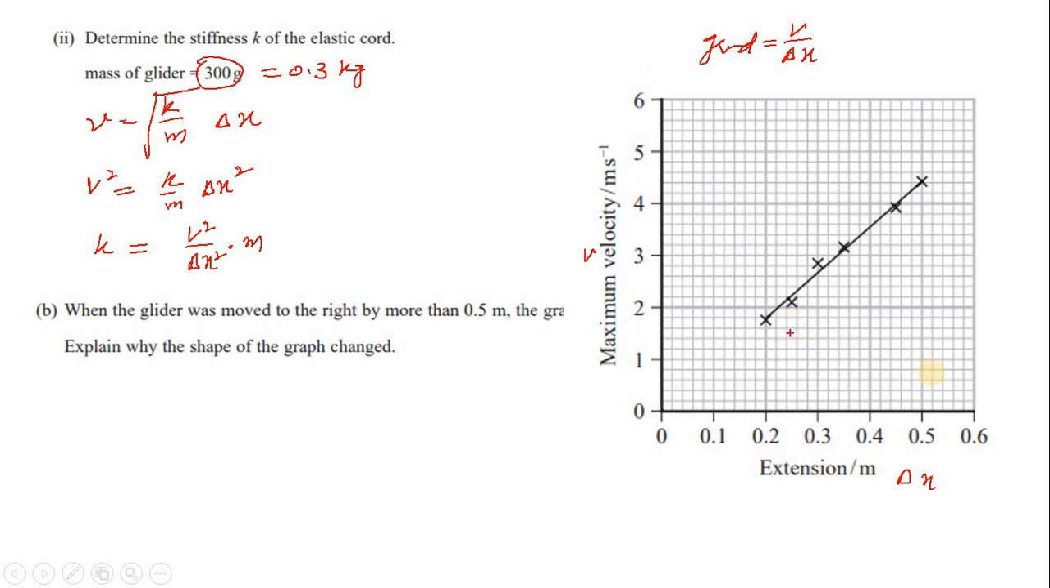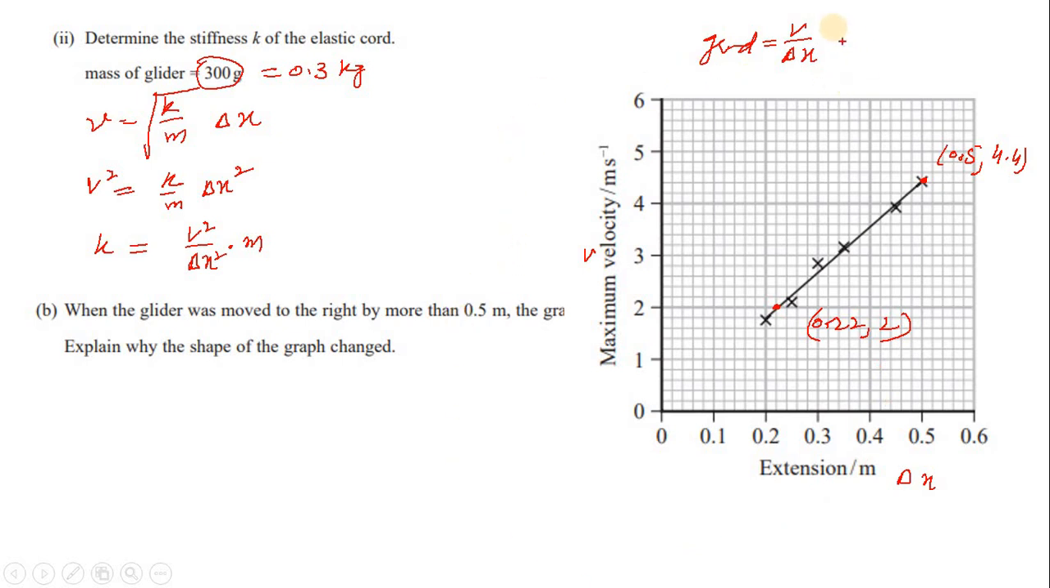So the best point is... let's see, 0.5, and this point I'm just taking as 1. So this is 0.5 comma 4.4, and another point you can choose is 0.22, and okay, this one is fine. This is a close point. So the coordinate of this point will be 0.22 comma 2, and now the gradient would be equal to